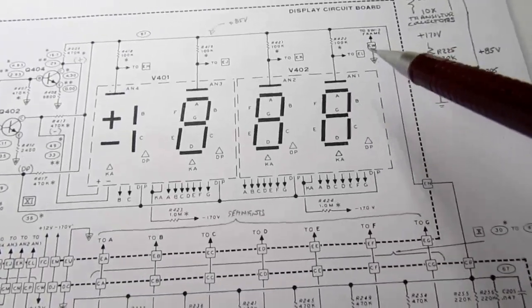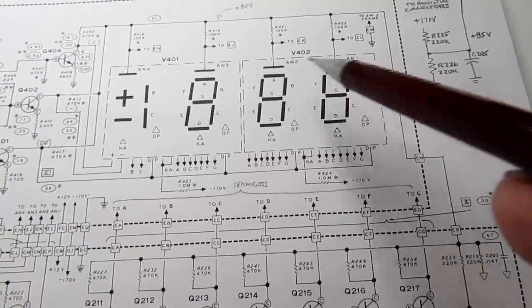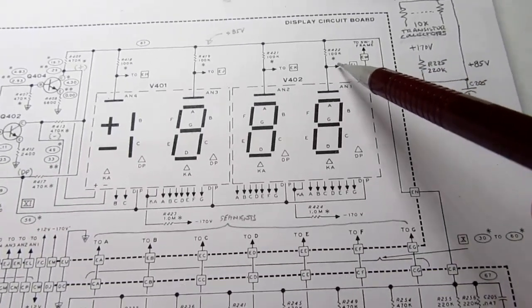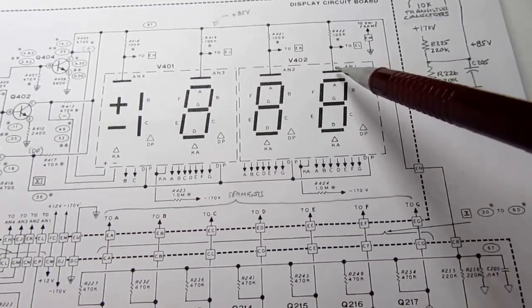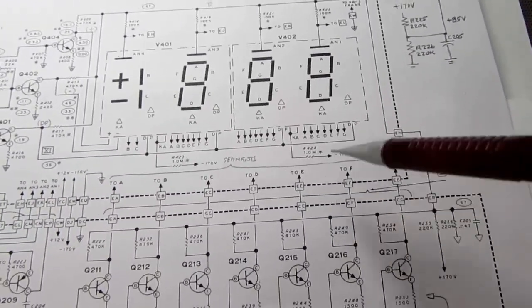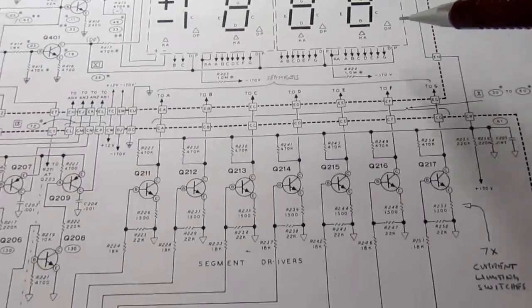But as far as the active part that we're concerned about, you've just got an anode and 7 segments per digit. And as long as you put positive 170 volts on the anode, and provide a place for current to go from that through the segments and back to ground, then that segment or segments will light up. So let's look at the